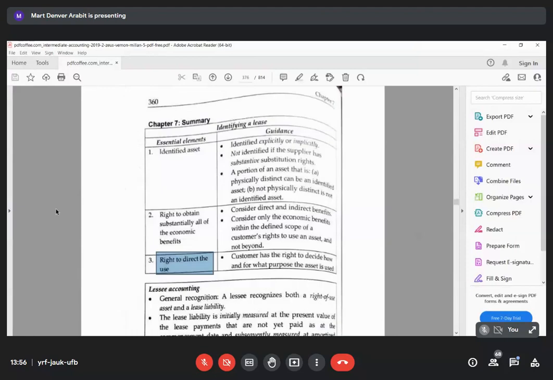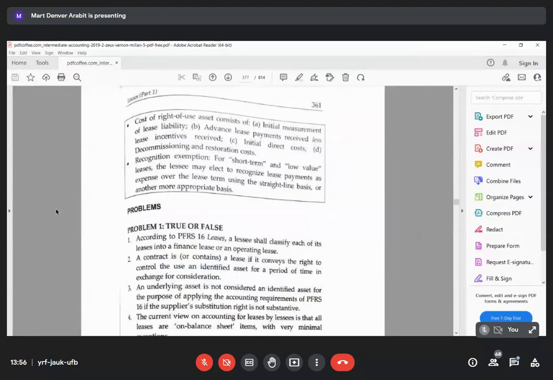So natapos natin yung lease on lessee's perspective. So next week, itatackle naman natin si lessor on lessor's perspective naman. Yes, tama. Lessor's perspective. Okay. So, yes, next week, leases tayo on the part of